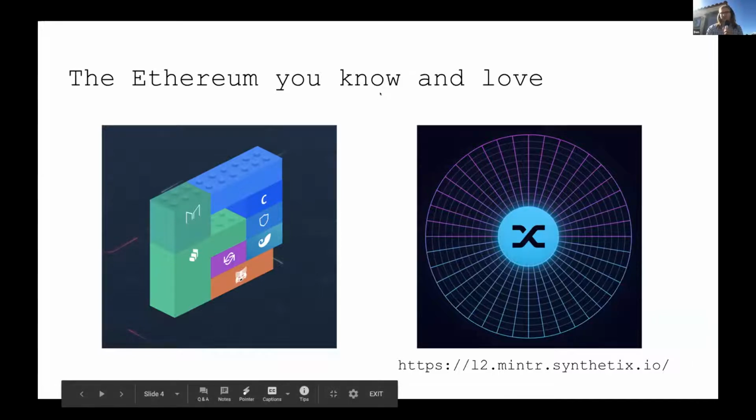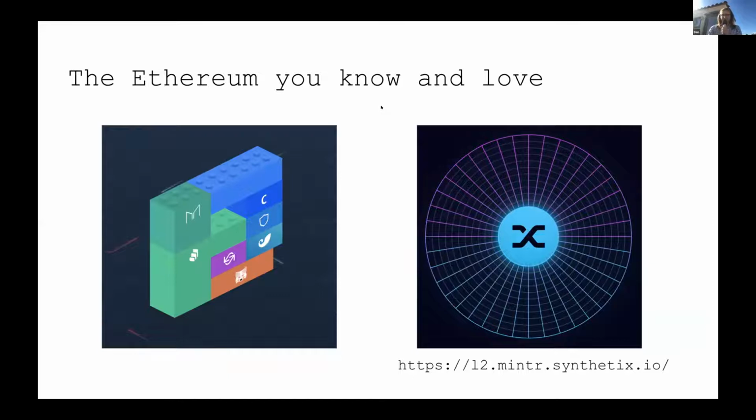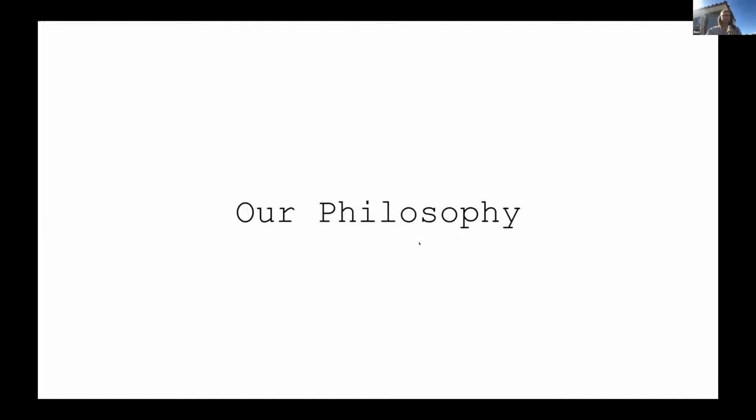But I think really what I would do is just say, go try it out for yourself. If you go to layer2.minter.synthetics.io, you can go and try our testnet, which is just on the tail end. So maybe go try quickly before it runs out of time. But it's very exciting. We're super pumped that some of the most complex EVM contracts that are running in prod on layer 1 today are ported to layer 2 and running smoothly. So it's pretty dope. Please ask questions about the protocol, but since Tosh gave an overview, I didn't want to dive into a bunch of things that was going to get repetitive.